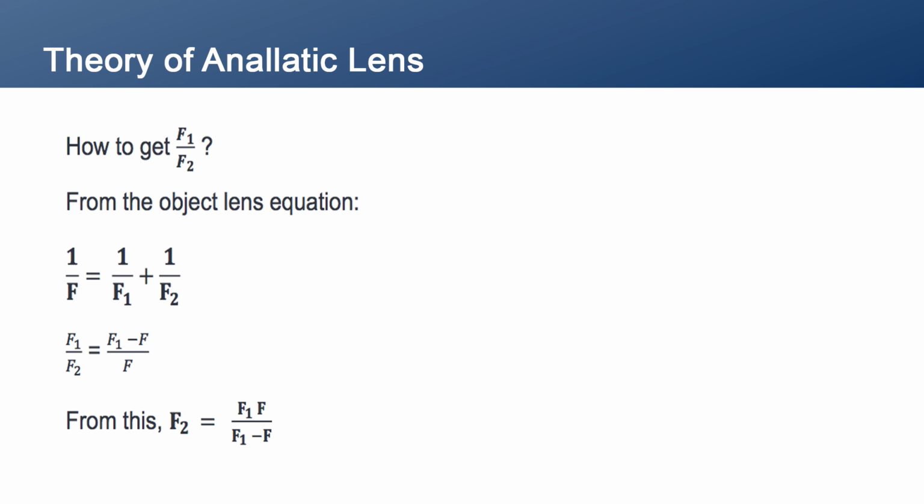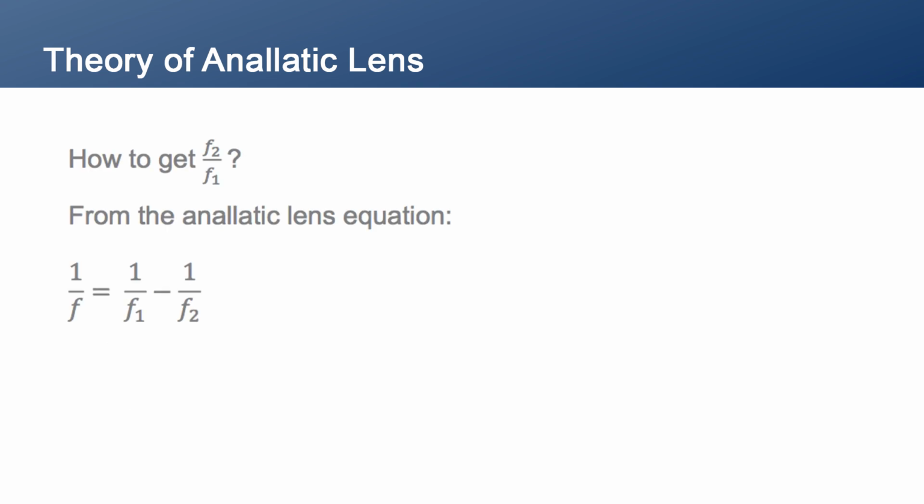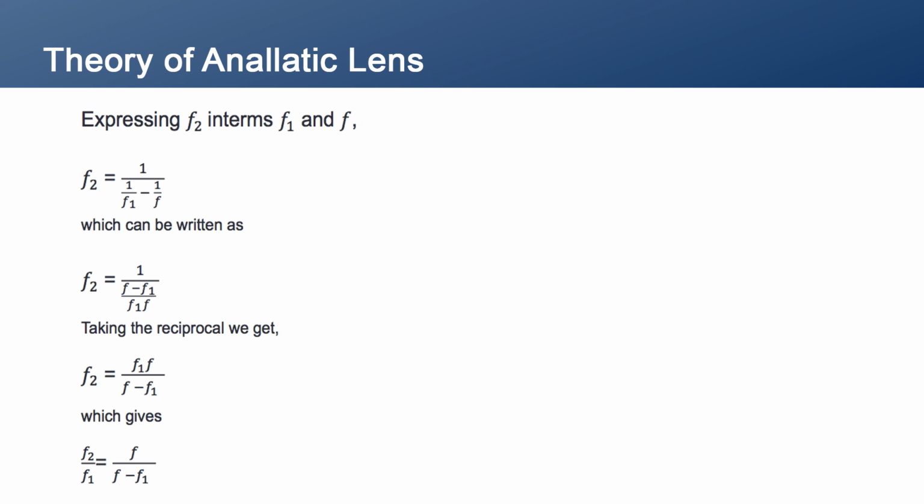This can be written as capital F2 is equal to capital F1 capital F by capital F1 minus capital F. Now, let us see how to get small f2 by small f1. From the analytic lens equation, 1 by f is equal to 1 by f1 minus 1 by f2. We invert the equation to express f2 in terms of f1 and f, and we arrive at small f2 is